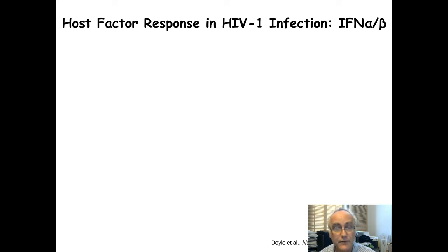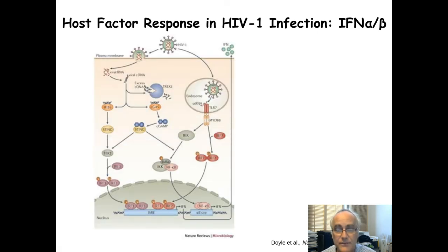Interferons are not specific at all for HIV. They come into play in all kinds of viral infections. But what happens with HIV, and this has been recognized for some time, is that there are two major ways HIV can activate the system. This is shown here in this